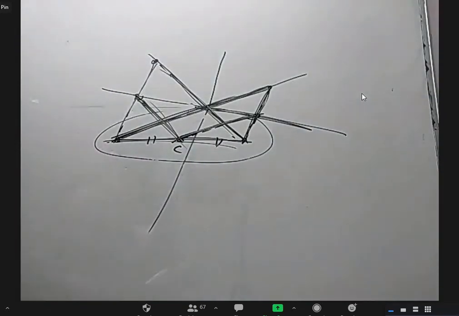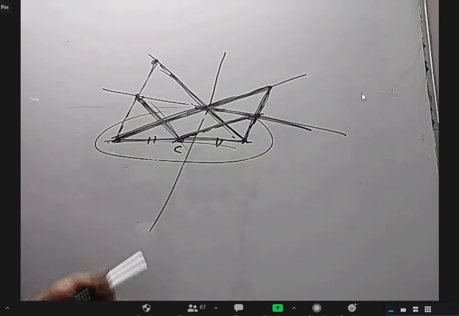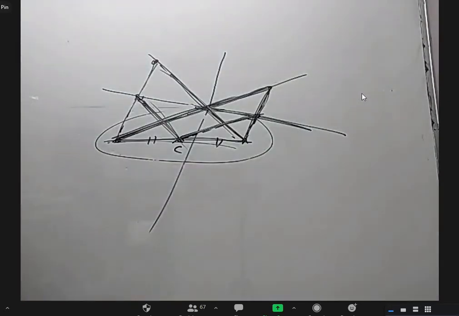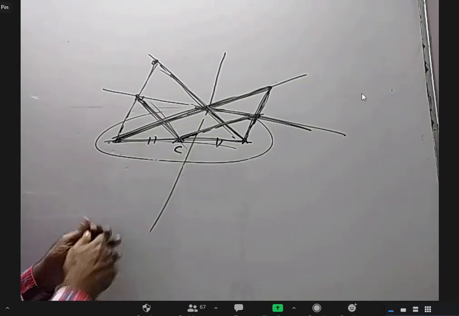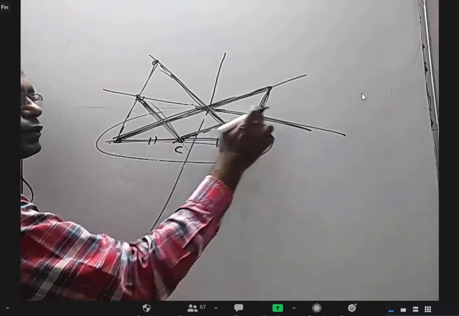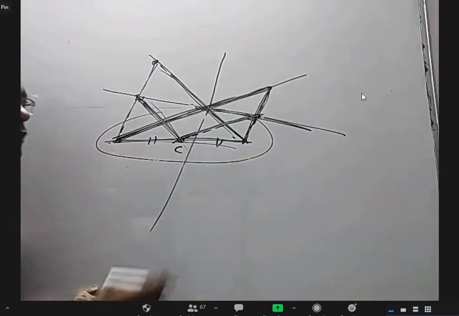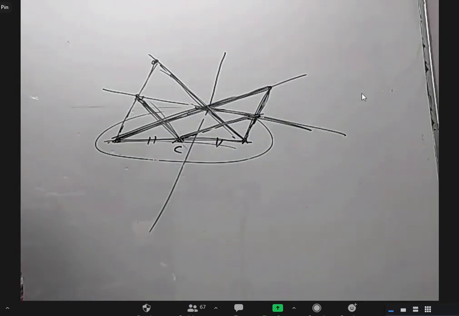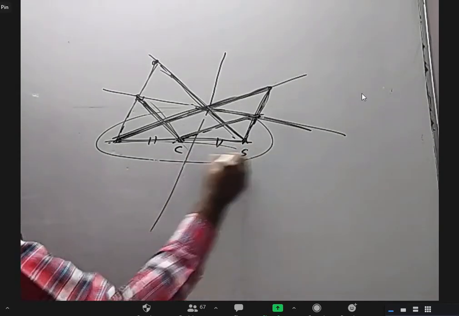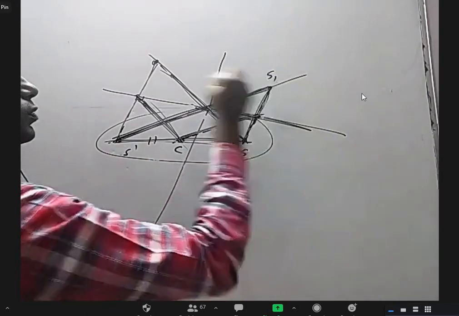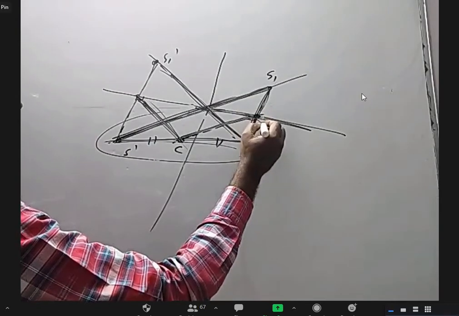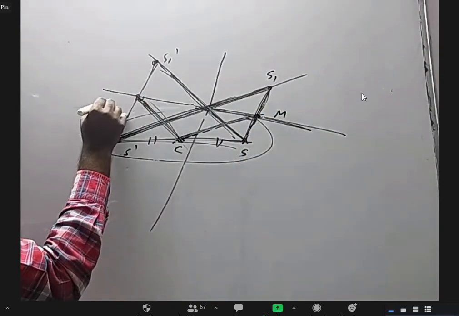In IP we have this question, but we don't do it this way. I'll tell you some other way. So I should draw another figure. I'll draw this figure and write the proof, but I have to write the statement. Then how did we prove that it forms a circle? Any tangent you take, this is always a. If the distance between two points is a, and one is a fixed point and one is a variable point, what is the locus of that point? A circle, with this as the center and radius a, right? So S and S dash, this is S1 and this is S1 dash. Let us call this M and this M dash.